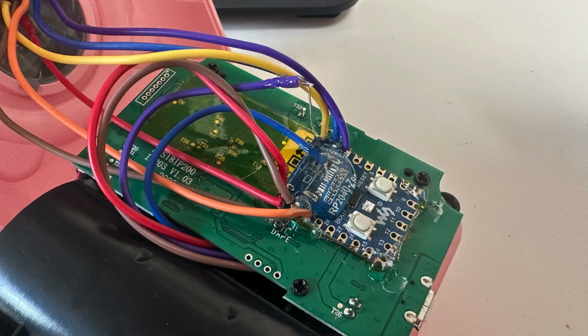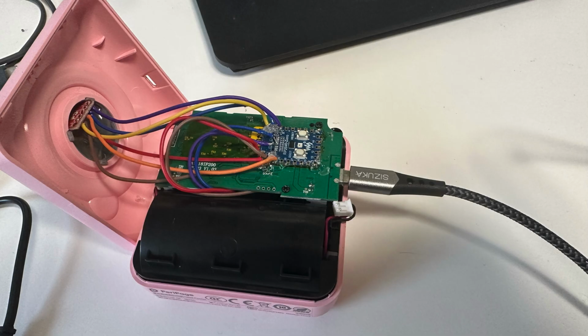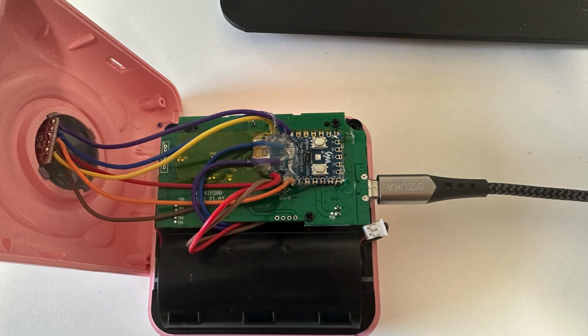So I had to heat up the hot glue and try not to rip pads again. Luckily, when I started heating up the hot glue without air, one of the cables just jumped right in front of me. So all I had to do is somehow remove the hot glue without ripping up any more pads, then solder them back on in the king of solder style, obviously, and then put back on new glue. But before that, test it. So I did test and it worked, and then I put on more glue, and then I tested it again,